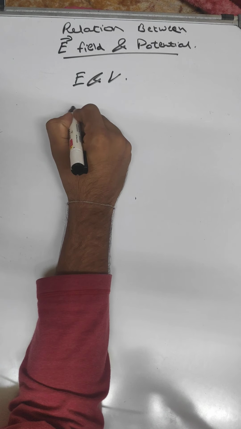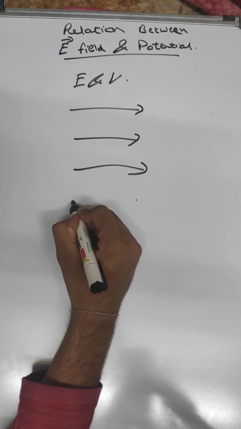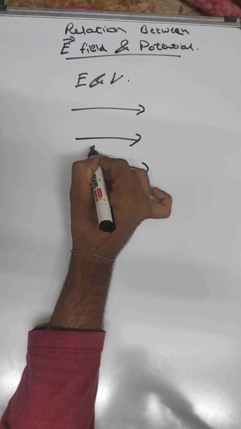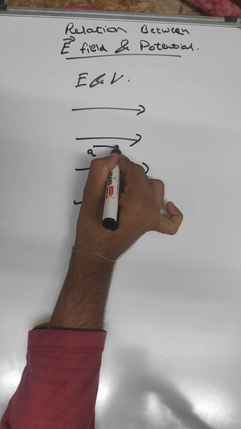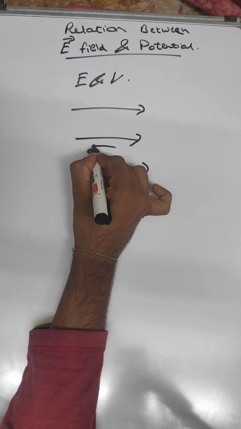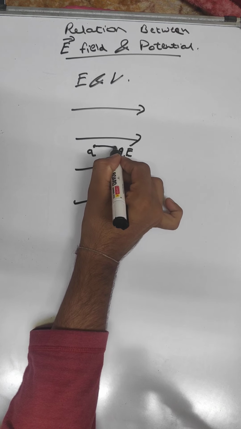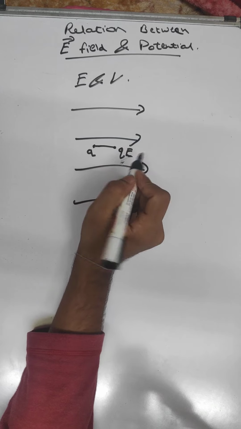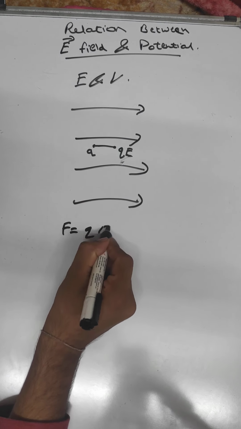Let us assume that there is a uniform electric field. This is the condition only for a uniform electric field. Suppose there is a point charge kept inside it, let us name it Q, and it has to be moved from one place to another. So the electric force in this field due to this point charge at this point will be equal to QE. Force due to this charge will be QE. So let us write down force is equal to QE.